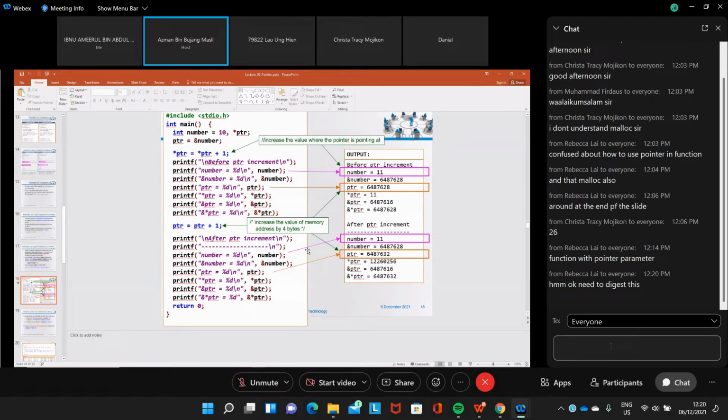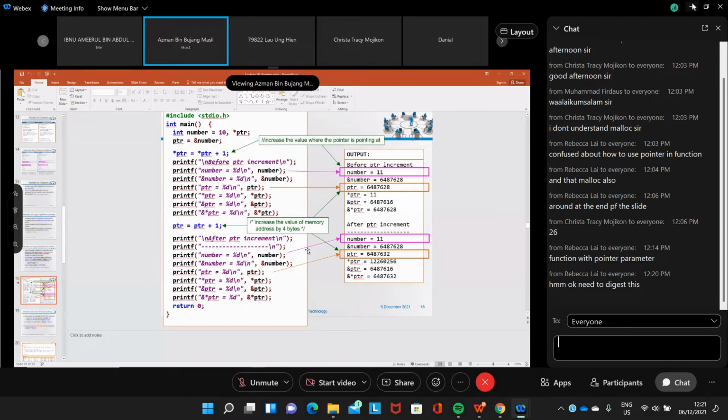On passing an array, you need to look at the lecture on function, because we passed an array to a function last time, didn't we? When you pass an array, you can use a pointer to accept the array in your function. So the pointer will point to that array.